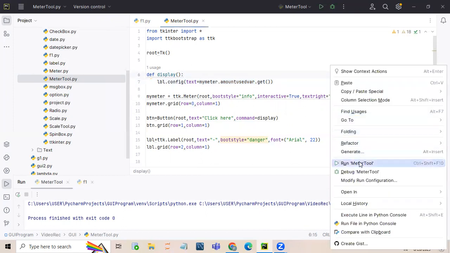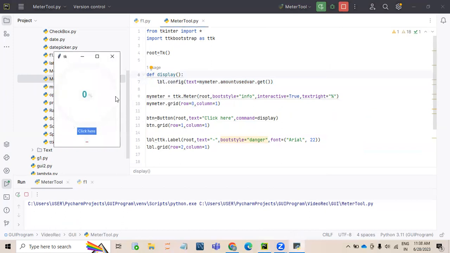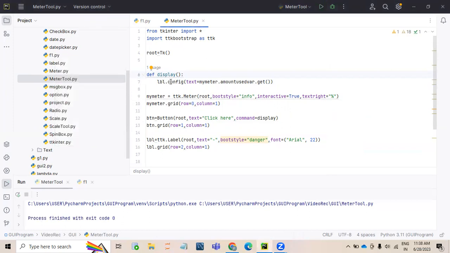So basically what happens when we click on the button? We click on the button, getting the value and printing it in this label. And the command to paint in this label is label.config. Text is a property. My meter is my variable name, dot amountused variable, and dot get is a function. Okay. So this is